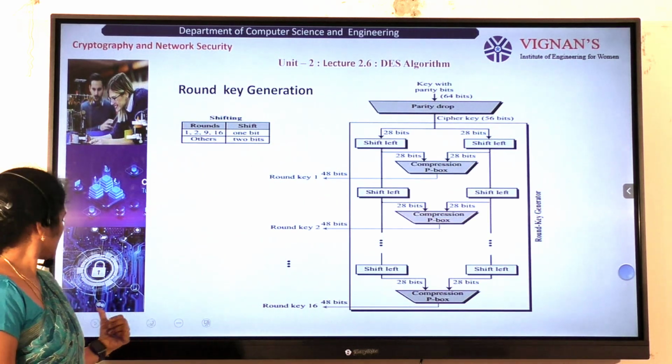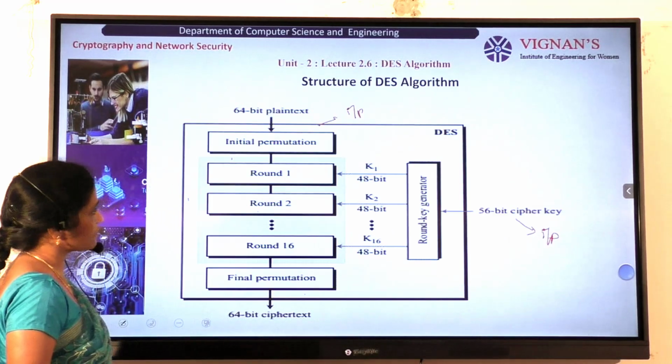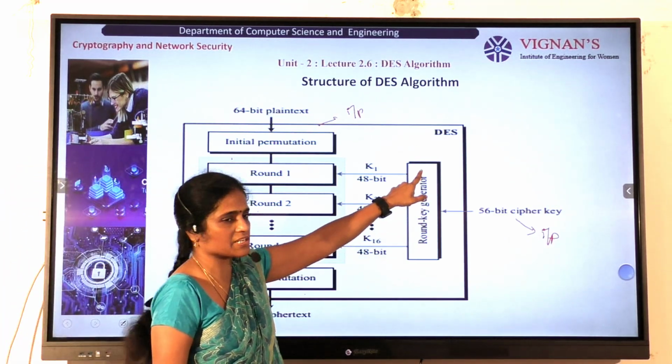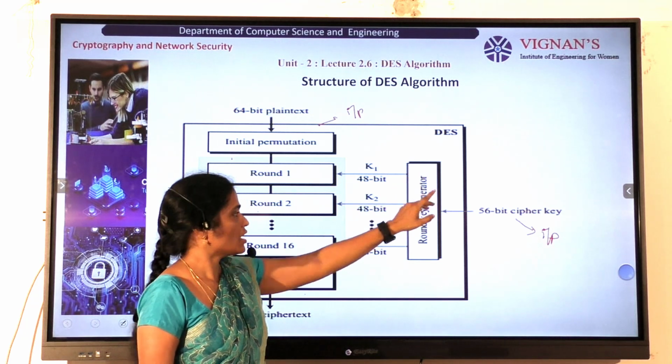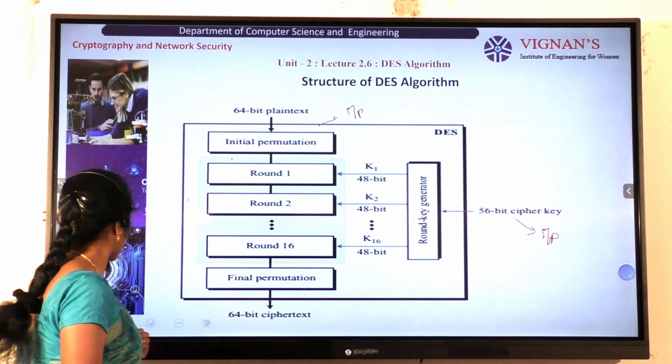See, in the previous slide we saw round key generation. What is this round key generation? How is the key affected in this circuit? First of all,